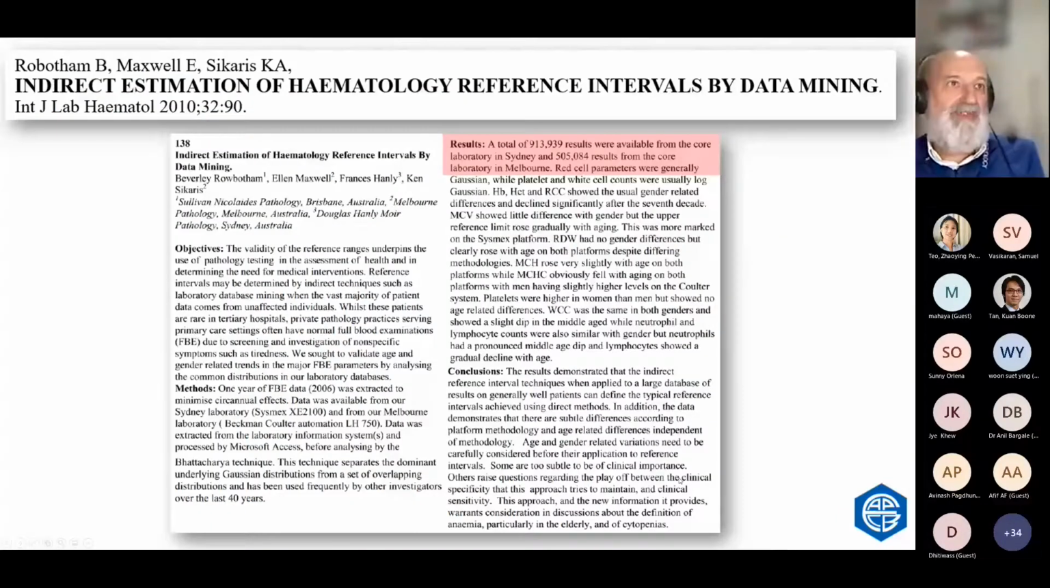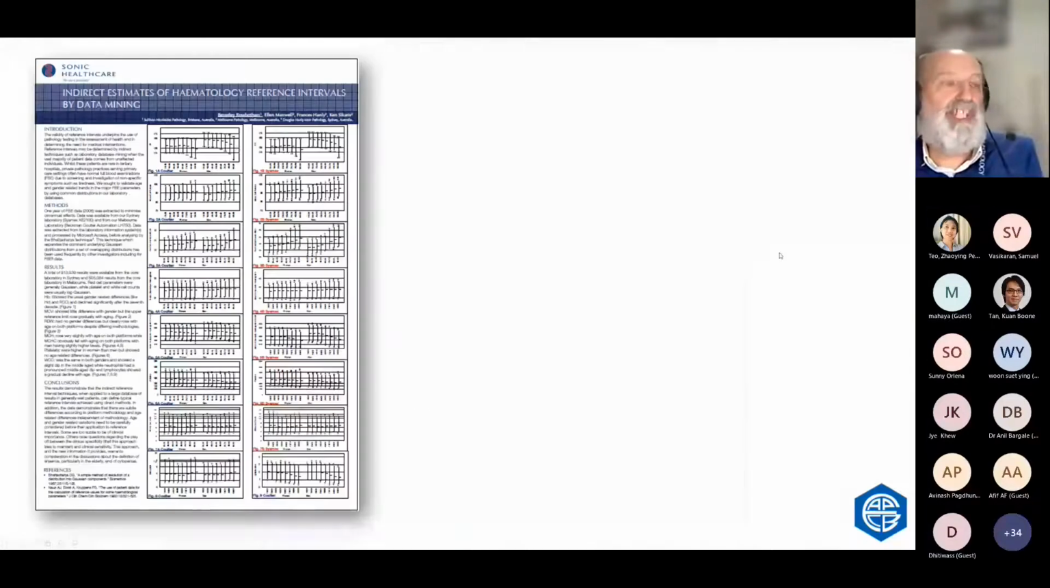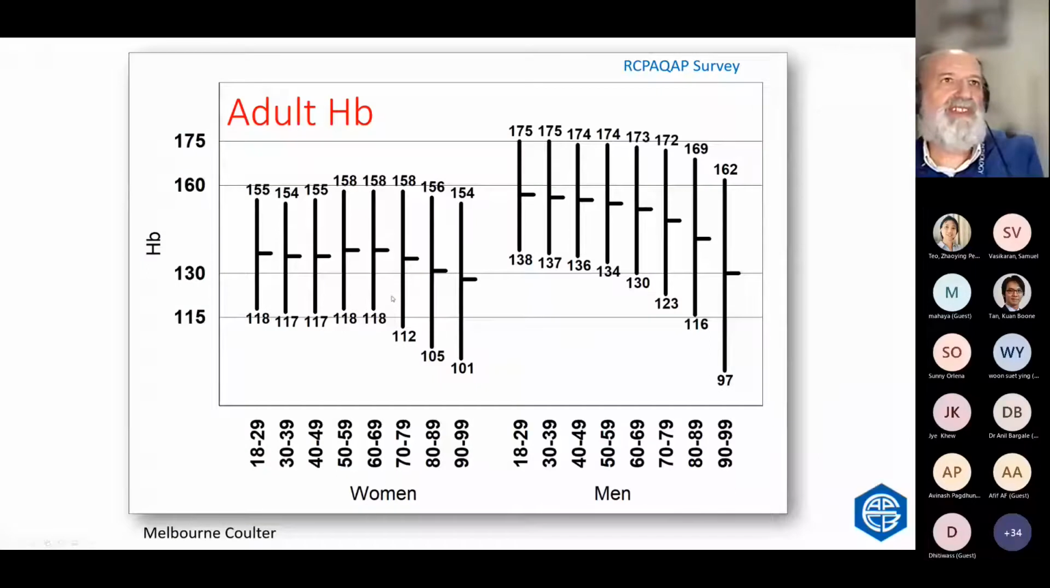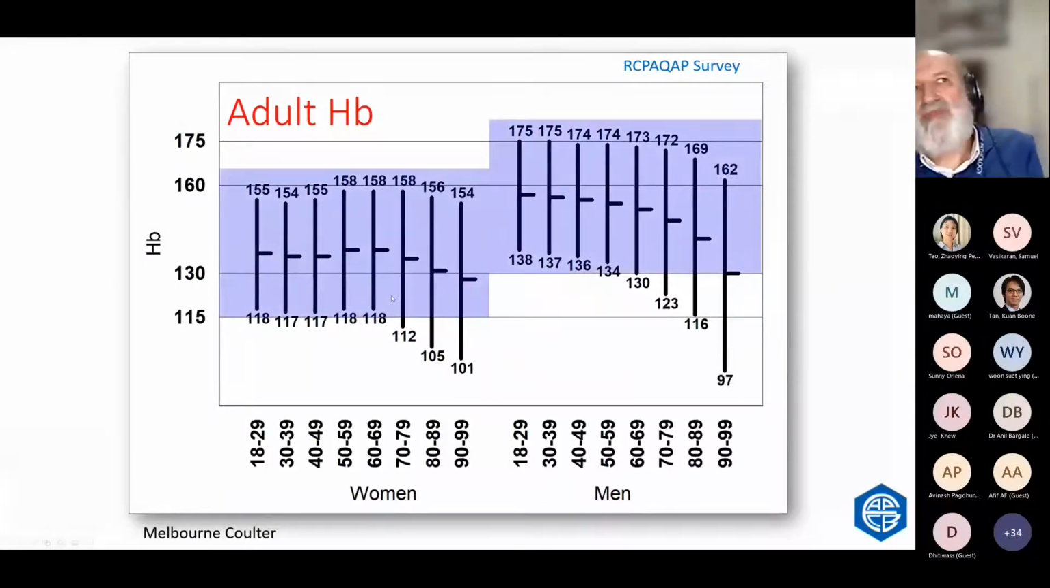We did a study of a few million results from laboratories using indirect methodology and found these trends for hemoglobin, that hemoglobin was fairly constant until you got to about age 70 in men and women when it fell. And so this is what hemoglobin reference intervals really should look like according to aging. Now, because hemoglobin falls in the elderly,